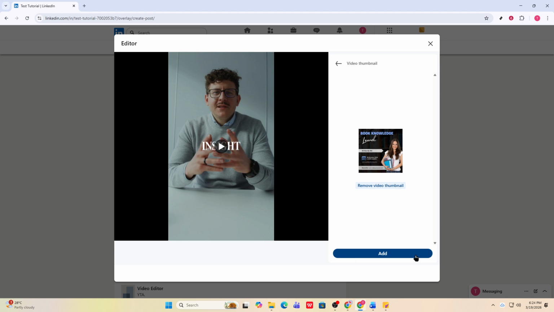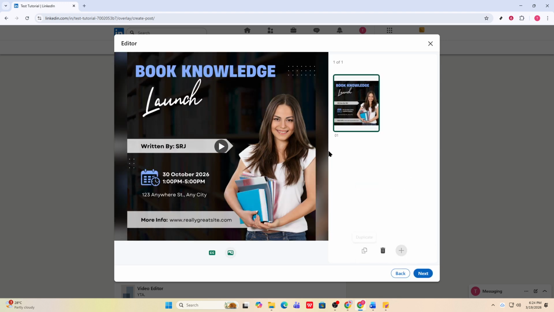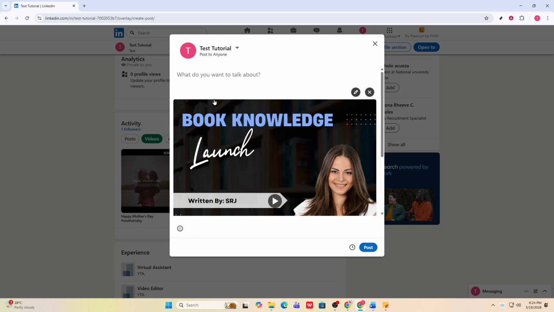Click Add to apply your thumbnail and take a moment to review the preview. Make sure it accurately represents the content and looks crisp. If something seems off, you can reopen the thumbnail option and select a different image. Next, click